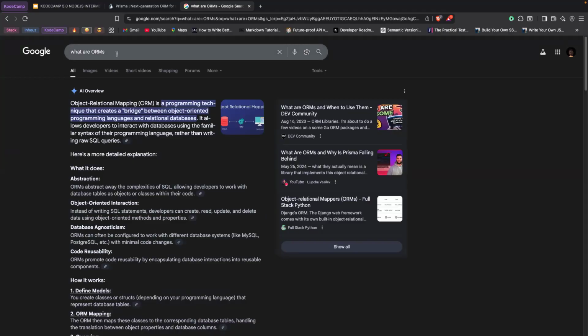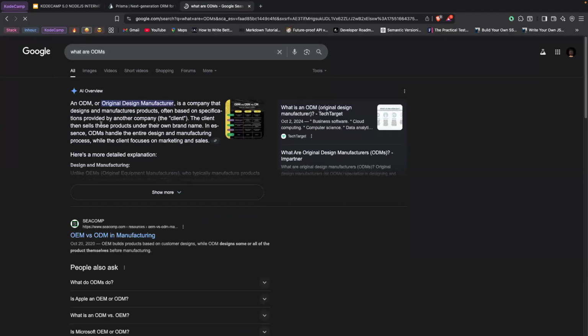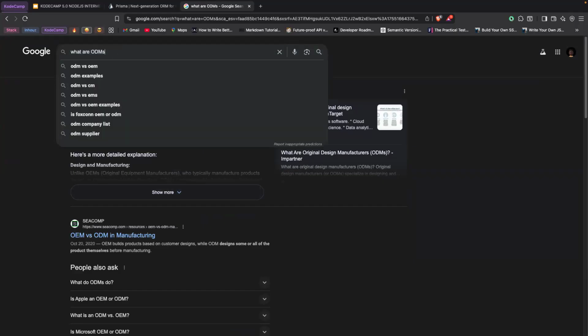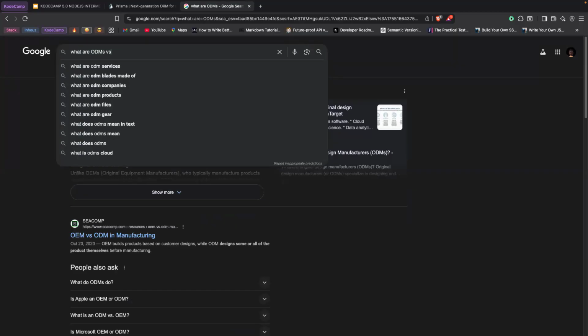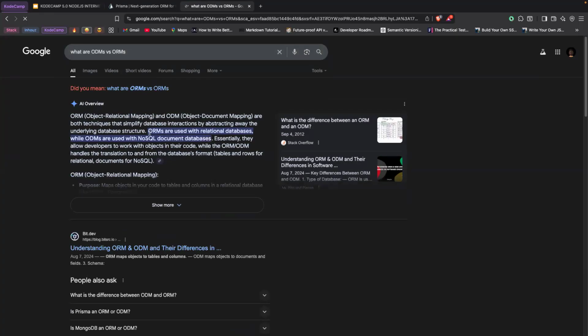And we also have ODMs. Okay, so it got this wrong, so let me make it so that it will understand what we mean. Great. So object relational mapping and object document mapping are both techniques that simplify database interactions by abstracting away the